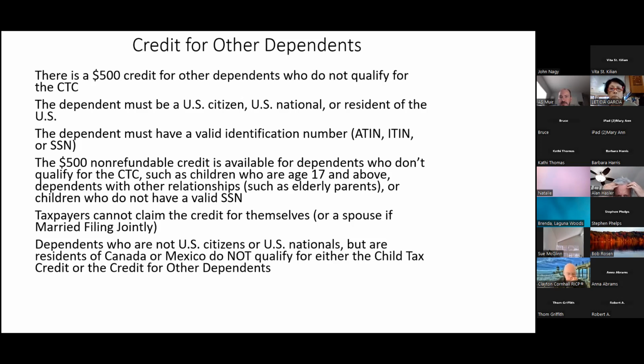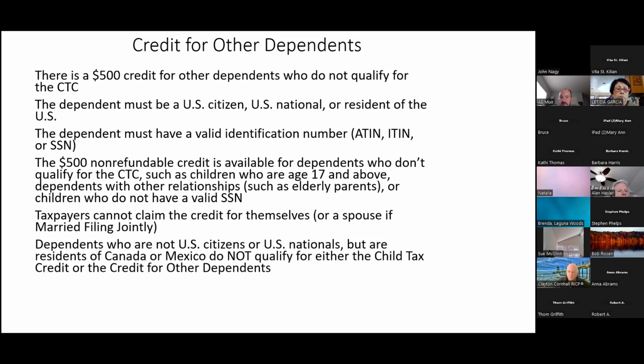And so most individuals have an SSN or an ITIN, but you have to apply for an individual taxpayer identification number. And not all, but a lot of undocumented aliens will apply for the ITIN because a lot of them know that when they're here in the United States, they meet certain rules. They have to file a Form 1040, just like you and me. And so that word is out. I see a lot of undocumented folks, and they know they've got to have an ITIN to file a return. And then there's the ATIN, that's the adoption taxpayer identification number. Sometimes you may see that, but they have to have a valid number.